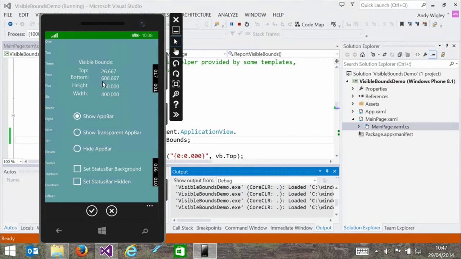And then our bottom margin for this area is 606. Height and width is actually the height of the area that we're drawing to, and the width, 400. So we've got 580 by 400 at the moment, and we're showing our app bar. Now if I show the transparent app bar,